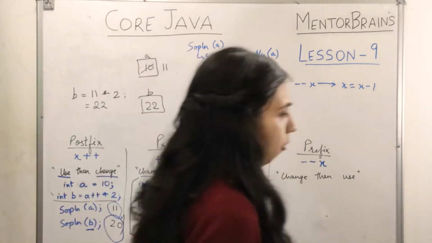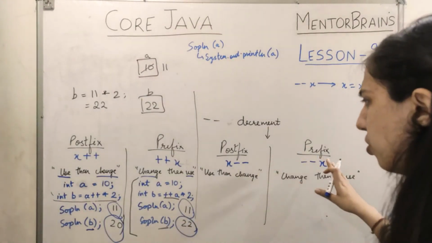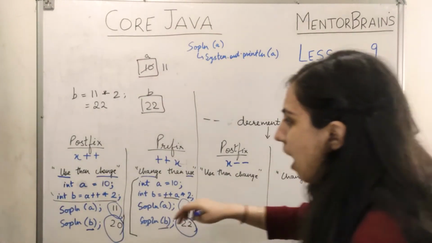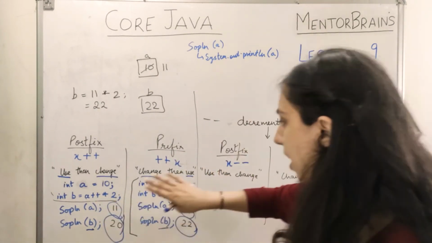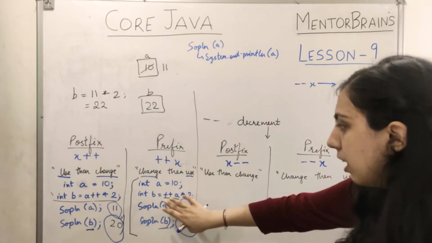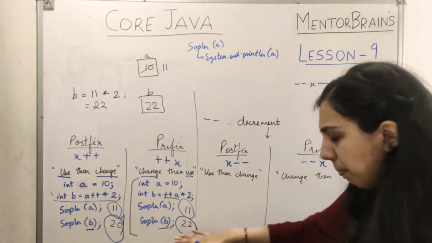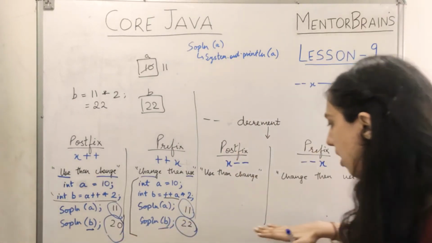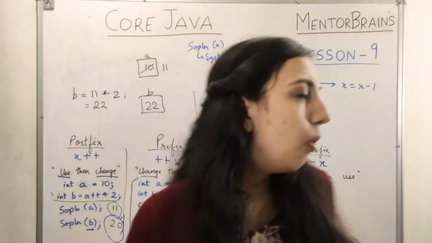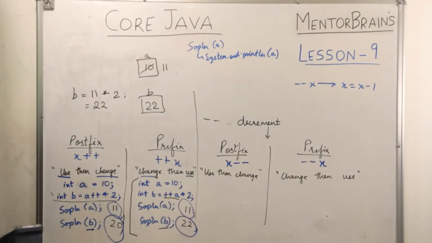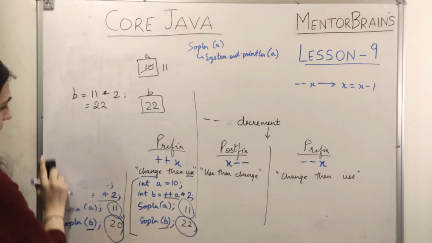Similarly, I'll give an example of these two also, but these are the same only. If I write -- here, then the result will be coming as different, and if I write -- here, in spite of this, then the result will be coming different. So these two will result in different values over here also. I'll not illustrate the same example because that's very easy for you. So I'll move further into my questions, examples where everything must be clear to you as we do those examples step by step.